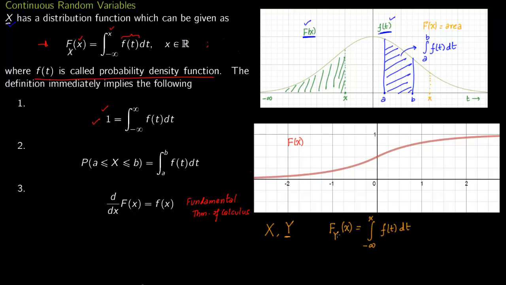So notice that you have f of t here, this is the density function, and this x and this x match here. So corresponding to a random variable, you have two things which you should keep in mind. One is the distribution function, this side, and the second is the density function, which is this small f of t.